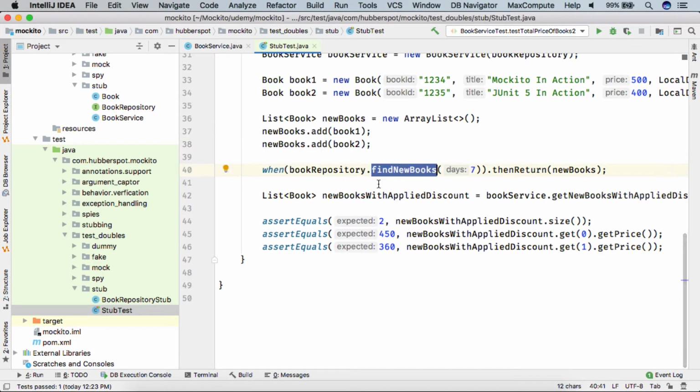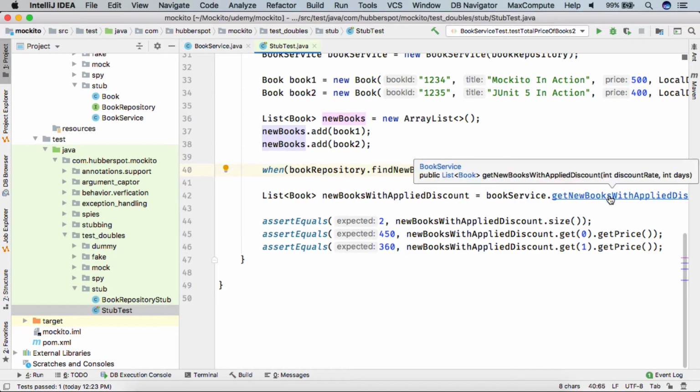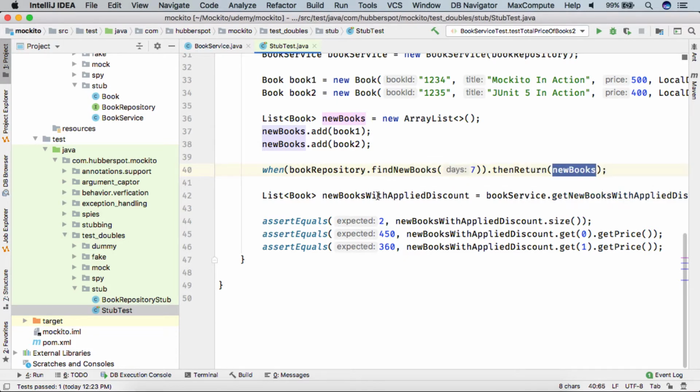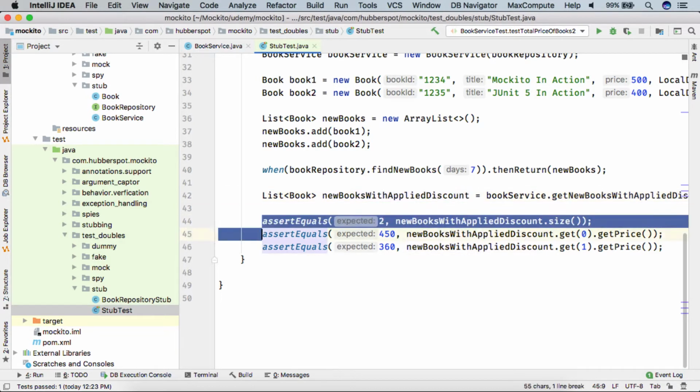We simply mocked the find new books method, so that when it was called with 7, we returned our new books, so that after getting the new books we can apply our logic of calculating the discounted price. And once we got the list of books with the applied discount, we asserted at the final step.